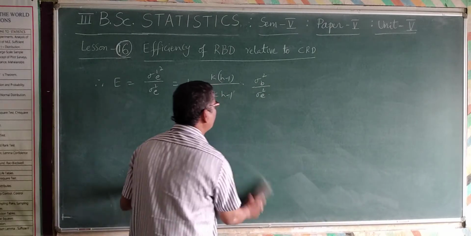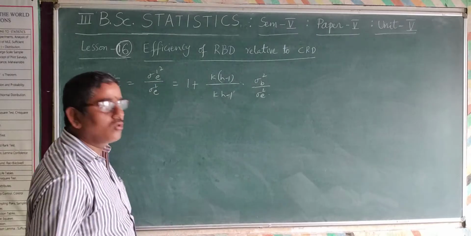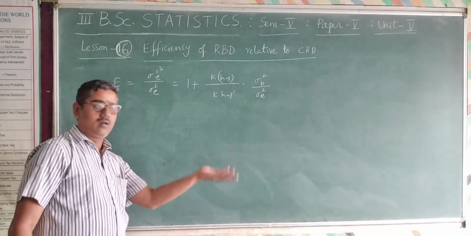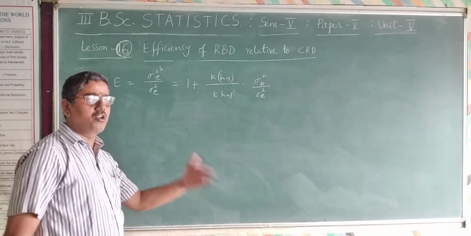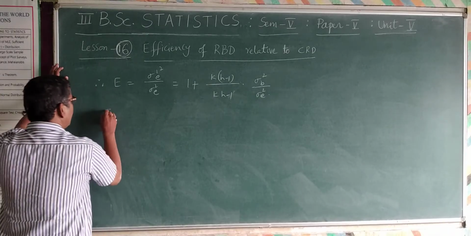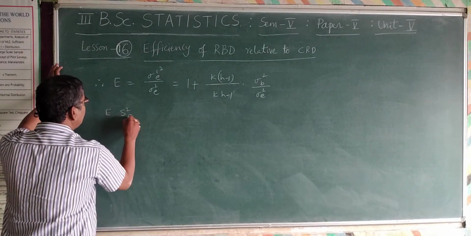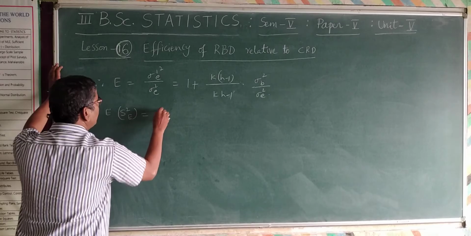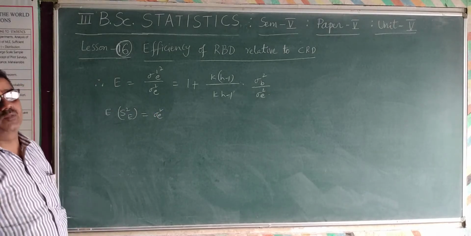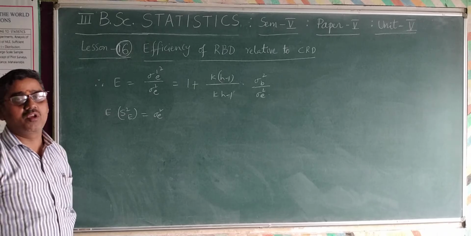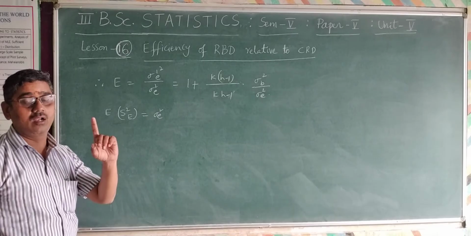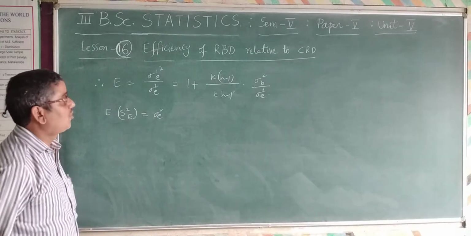Okay, so therefore we have two results. Of course, we have written them in the expectation of mean sum of squares, no need to search again. If you see the first one, expectation of s square e is equal to sigma square e. That is one such result in the expectation of mean sum of squares. We have calculated all these values in the two-way classification. I have taken one particular class for that.